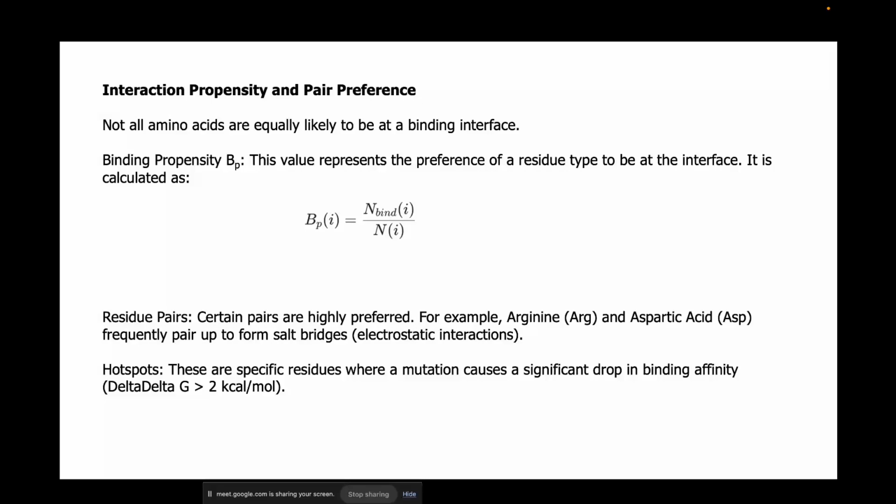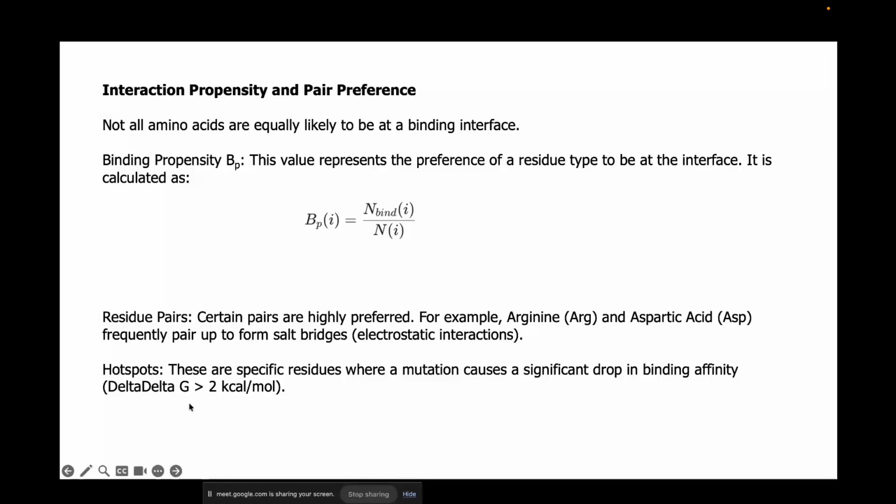So you can calculate the propensity for binding, and this value will represent the preference of a residue type to be at the interface, and it is calculated as total number of binding residues by total number of residues. So this will tell you the fraction of binding residues that are present in your protein, right? In the case of residue pairs, some pairs are highly preferred. Say, for example, arginine and aspartic acid often pair up to form salt bridges for electrostatic interactions, and there can